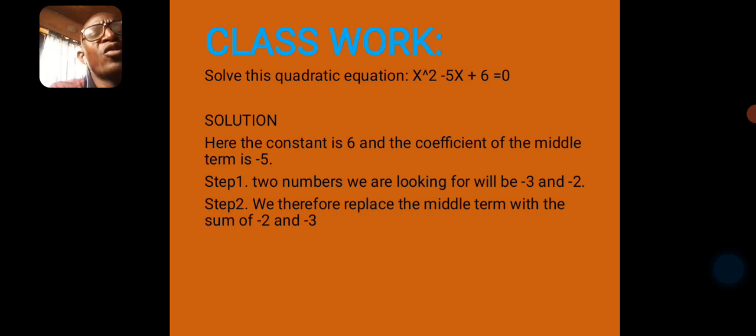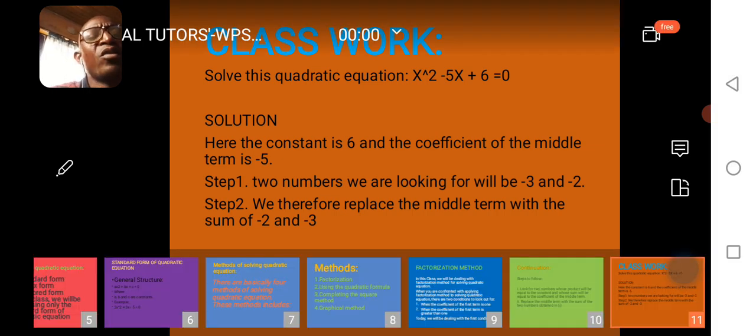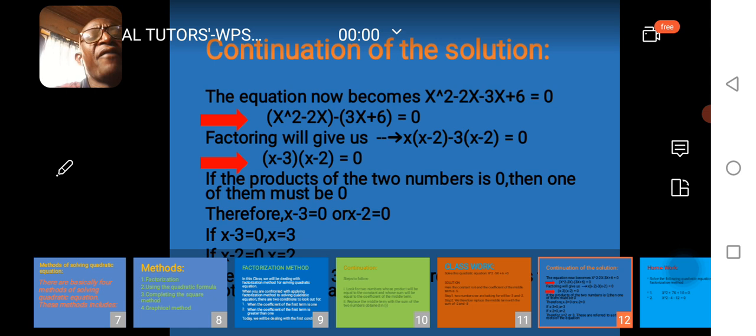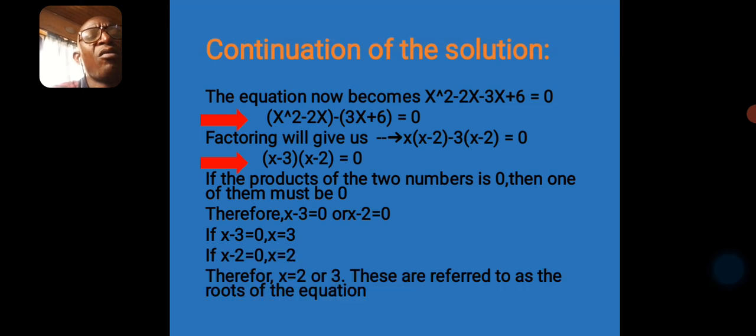In this case, those two numbers are minus 3 and minus 2. Because if you multiply minus 3 with minus 2, you get plus 6. But if you add minus 3 and minus 2, you get minus 5. So the next step is to replace the middle term, which is minus 5, with minus 2 minus 3. And if you do that, what you have will be x squared